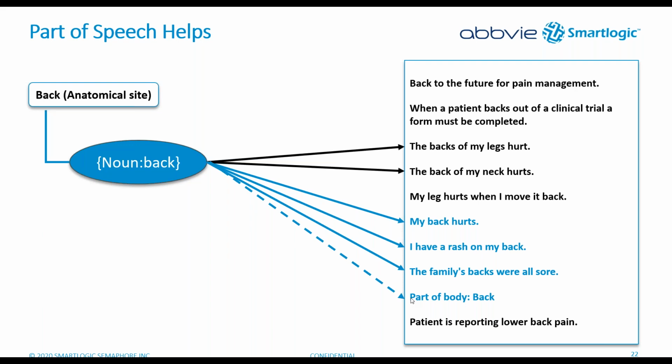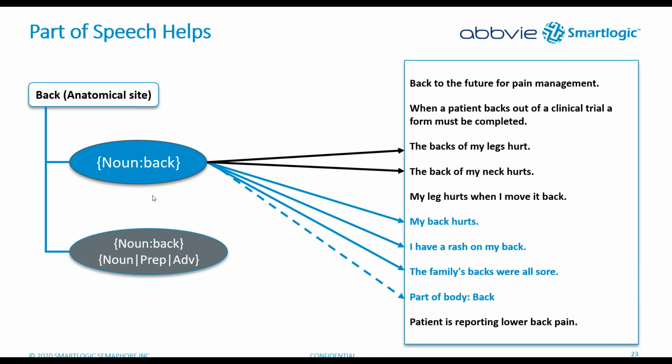What are those? They're not what we consider natural language. So how do you address challenges like that? The first thing you could do is use that preclusion capability that I alluded to and probably didn't explain very well. I'll try to explain it better this time. Here I'm looking for back, but I don't want back as a noun followed by another noun or a preposition, like back of,